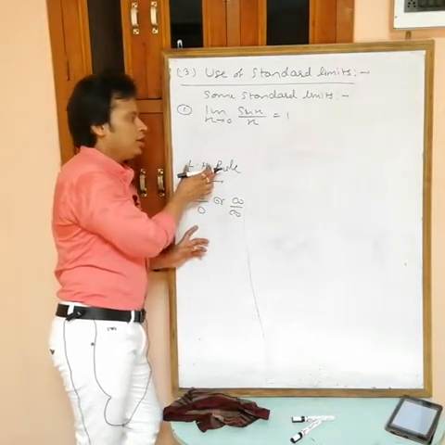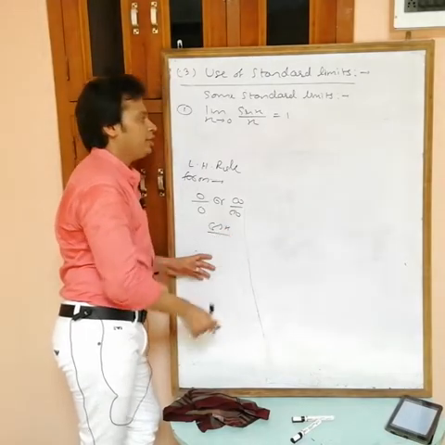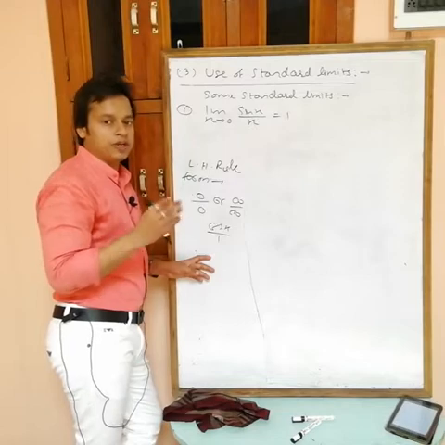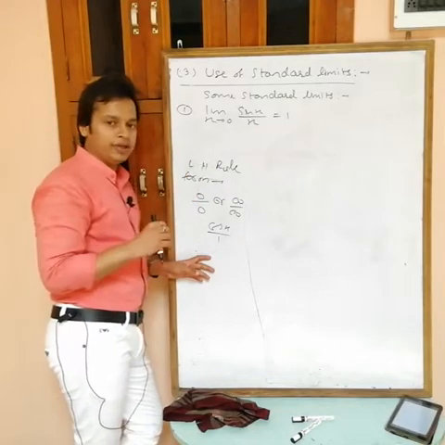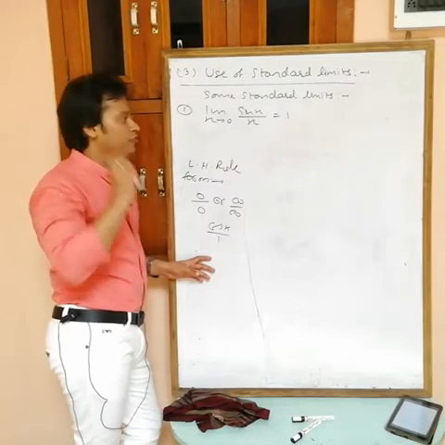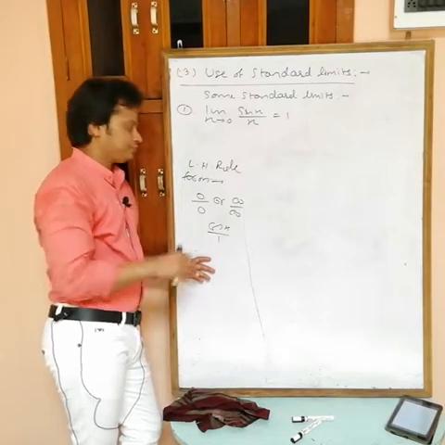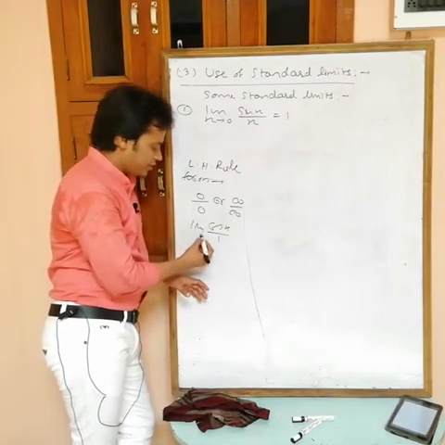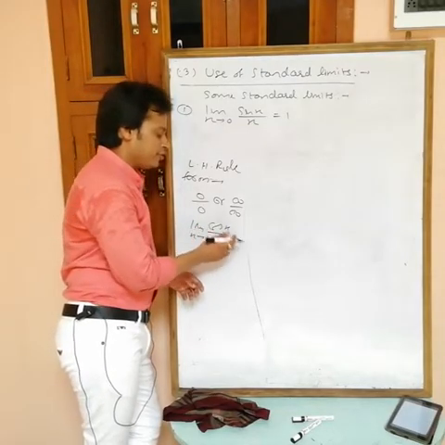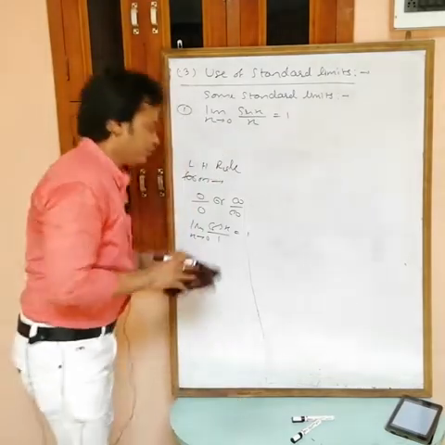According to this rule, differentiate the numerator, we get cos x, and differentiate the denominator with respect to x, we get 1. If the limit is for x, then differentiate with respect to x; if the limit is for t, then differentiate with respect to t. Now with the same limit, put the value of x. If you put x equals 0, we get cos 0 equals 1. In this way you can prove it or remember it.